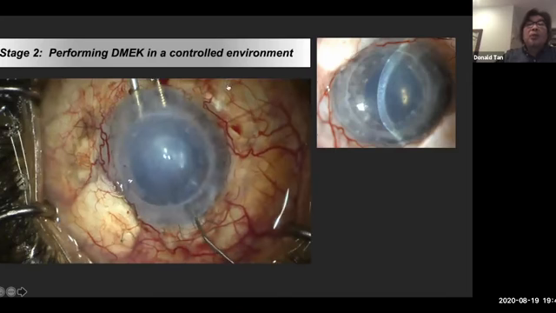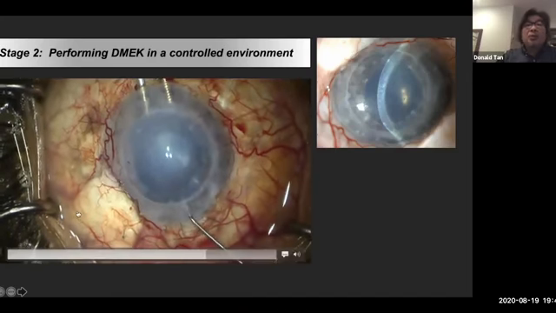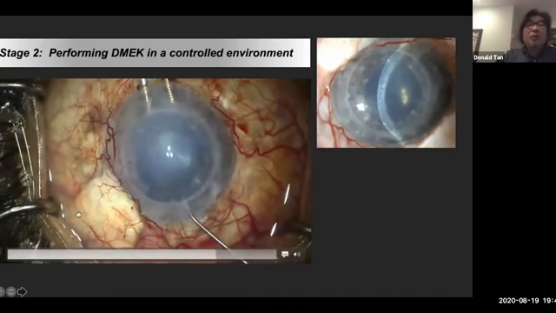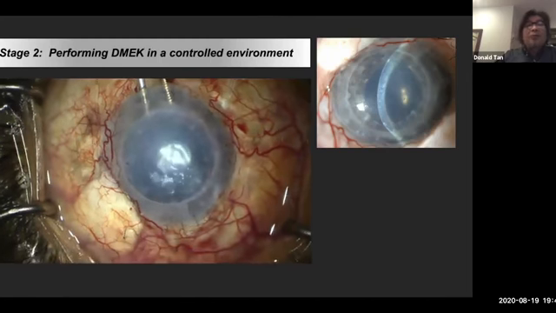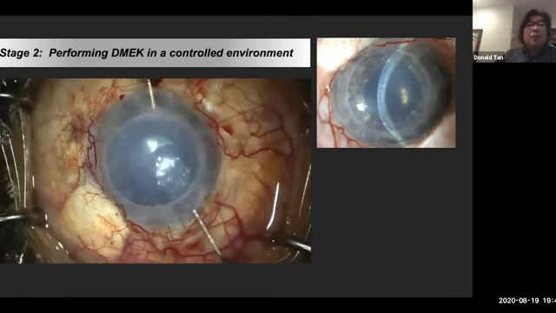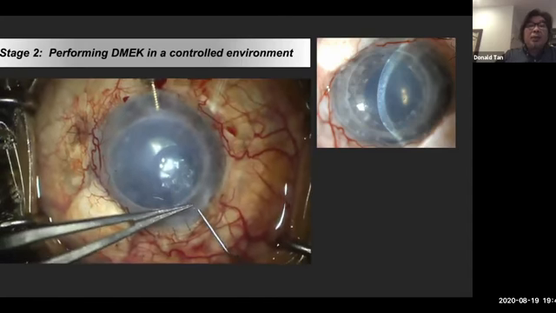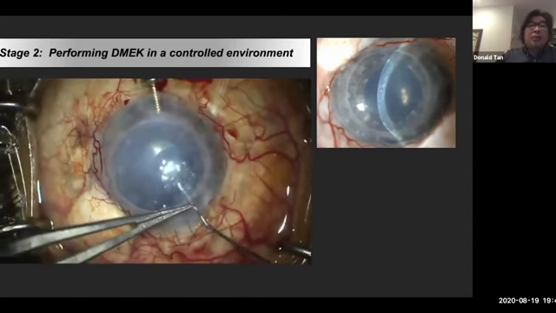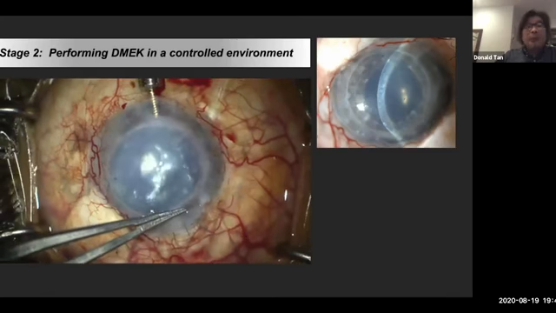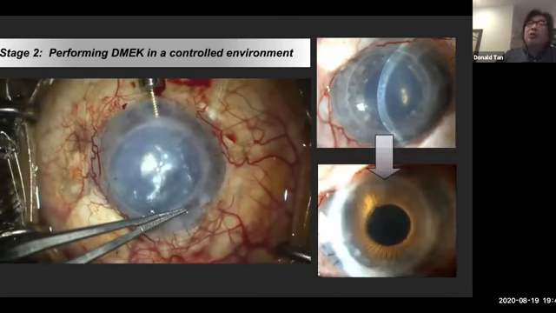You can see there's one tube here, another tube there. So this patient has gone through a lot, and that's the graft. Okay, and then once you close the wound, you can then inject. A good trick is I will press down on the wound to prevent air bubble coming out. That's your DMEK. And this is what it looks like.